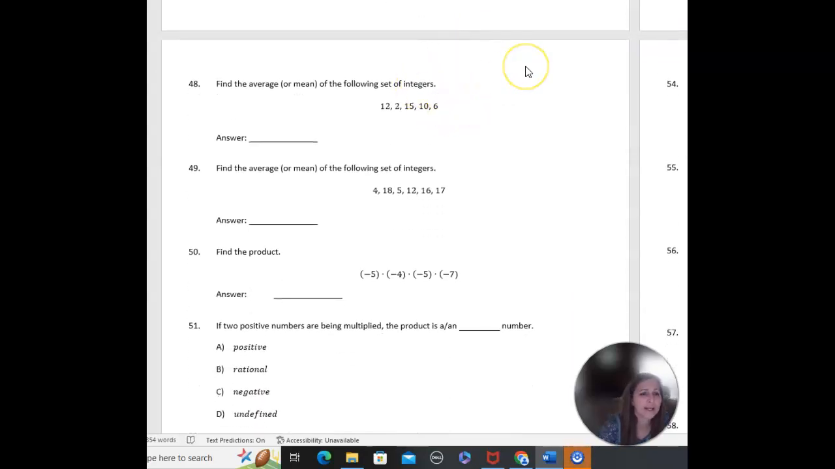Average, let's talk about that really quick. You add these up, 12 plus 2 plus 15 plus 10 plus 6, and then divide by how many numbers you have. 1, 2, 3, 4, 5. Divide by 5. That's how you get the average or the mean. I might make another video